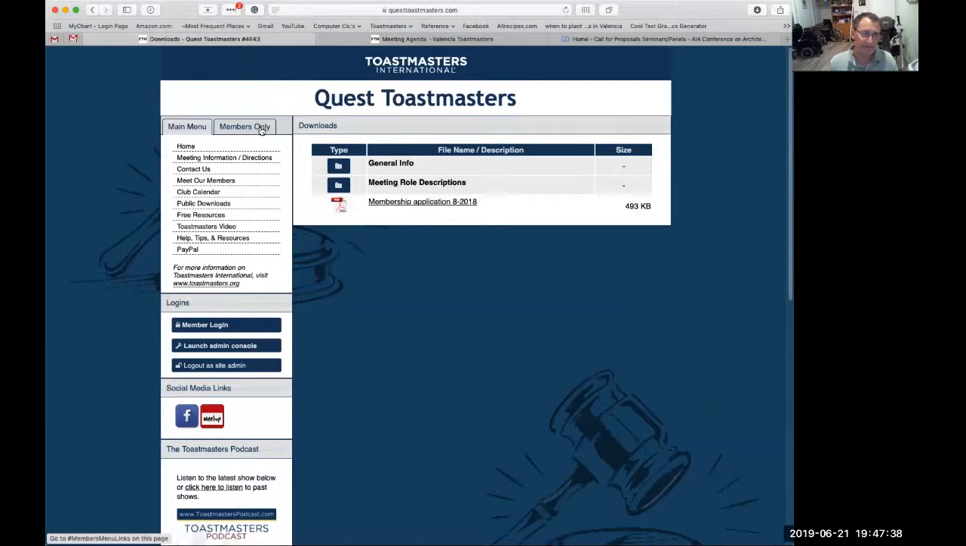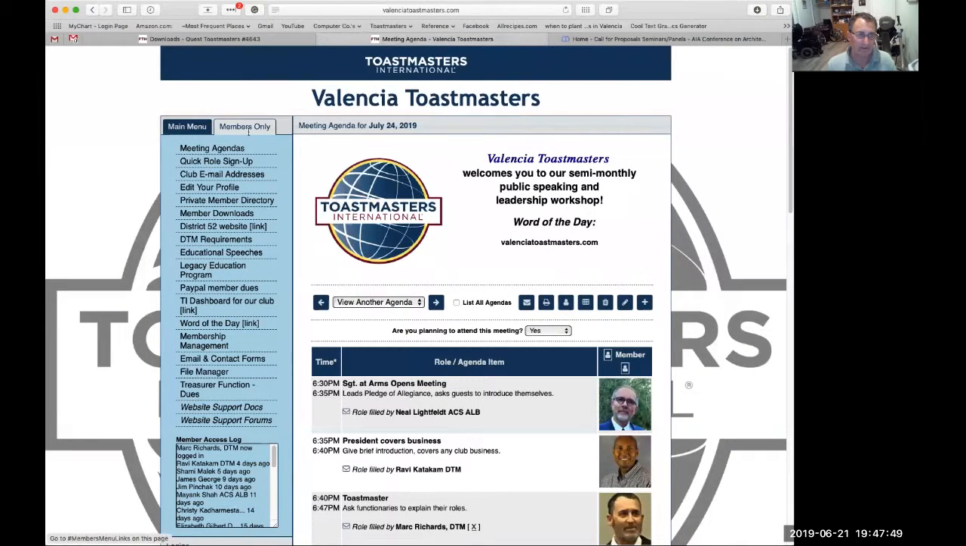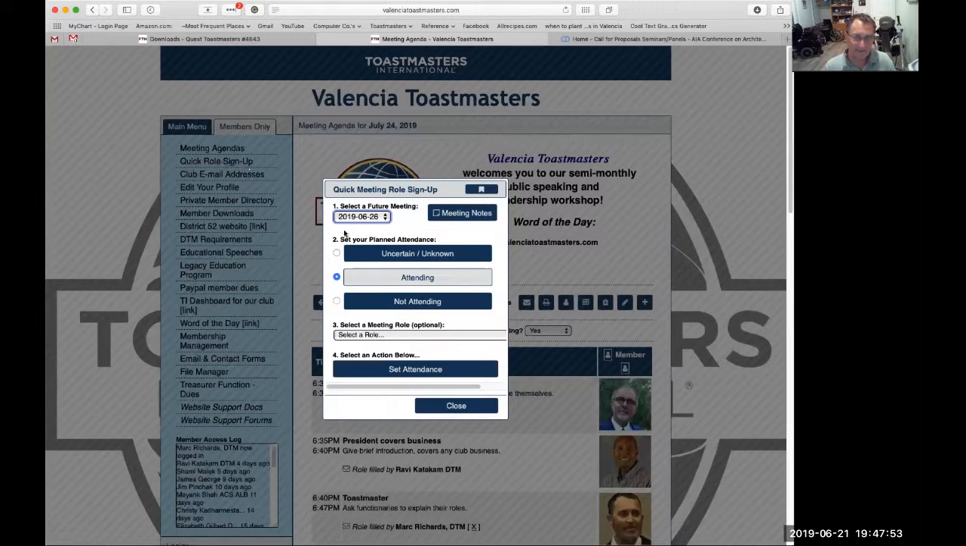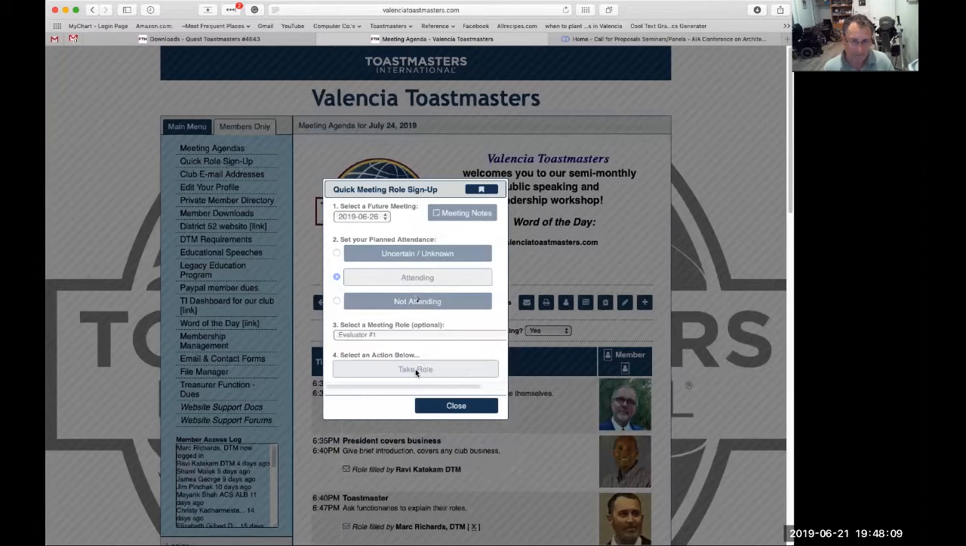The members have access to a lot of extra features. Here, I'm not logged in as a member. Let me go to the other site. Okay, so here, if you want to sign up for a role really quickly, you just click on that. And you select a meeting, and you go to a role, and you say, okay, these are the available roles. What do you want to do? I'd like to be an evaluator. So click, take the role,